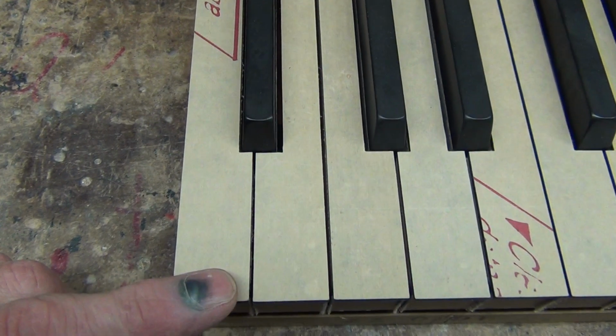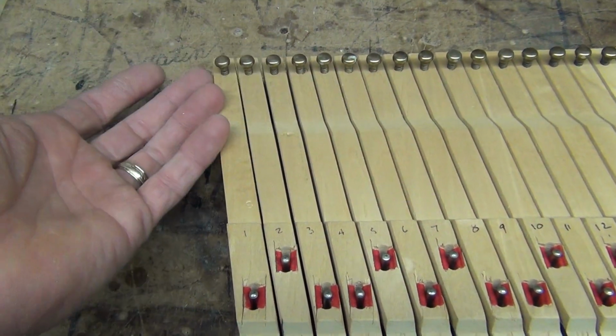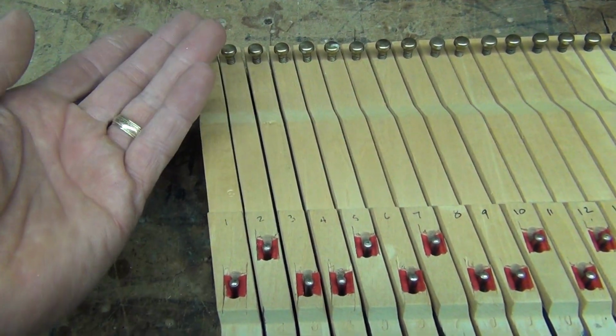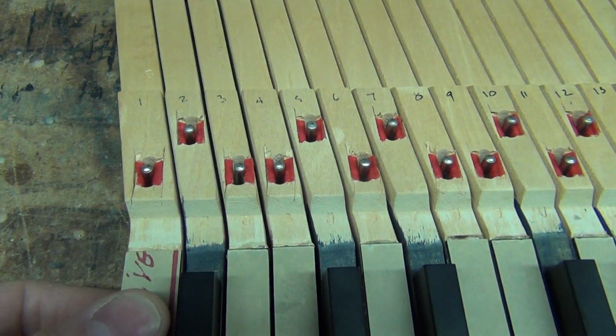You push down on the front of the key, the back of the key lifts up, and it goes through what's called an action, which moves a hammer, which hits the string, which is what makes the sound of a piano. So what these bushings are,